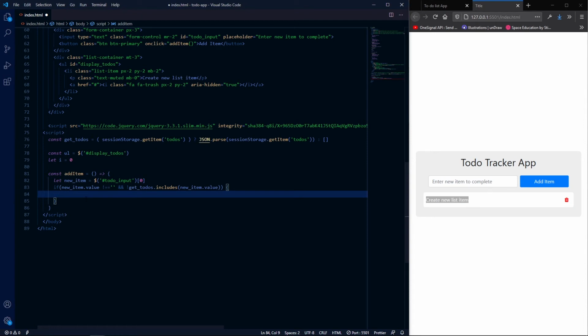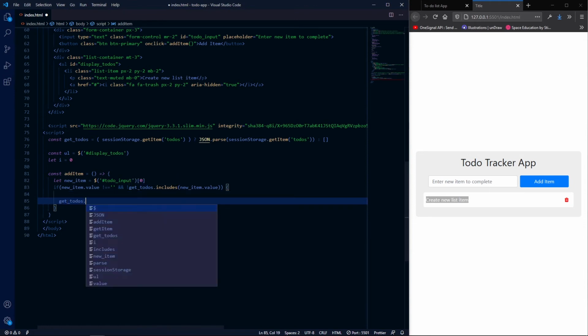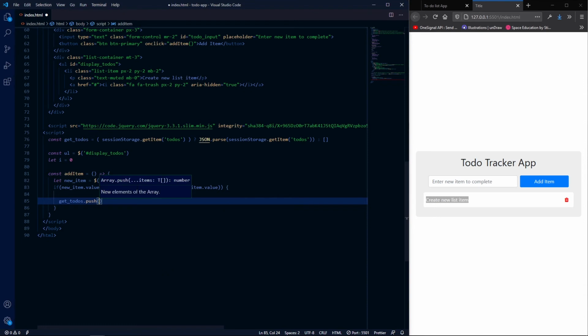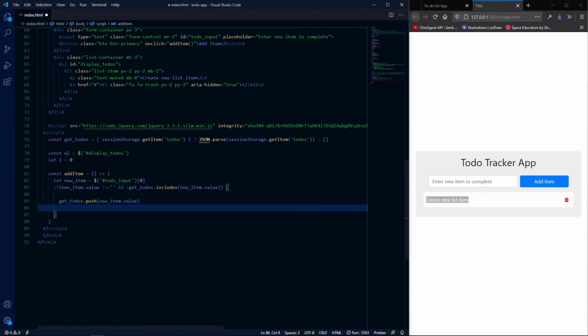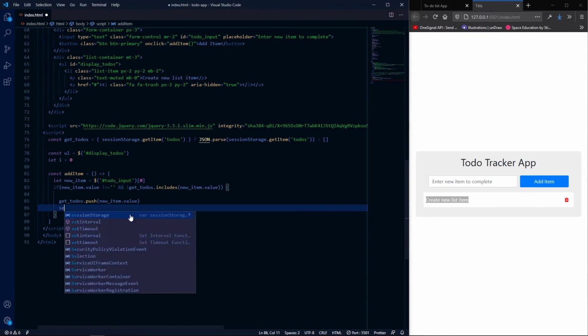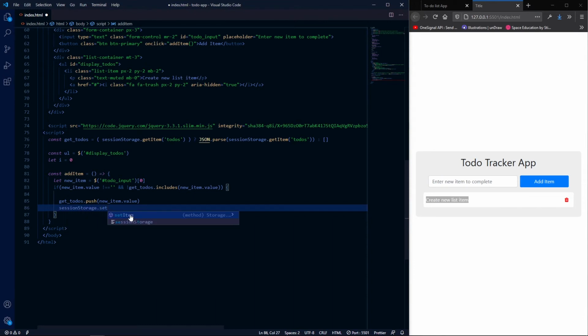Okay, so the first thing I want to do inside of these brackets is just add this value to this array. So I can go ahead and say getToDos.push(new_item.value). So add its value to the array, and then once I've added that value to the array, I want to add this new array to replace this array in the session storage. So I'm going to replace the current array in the session storage with the new one that has the new value. So I can go ahead and say sessionStorage.setItem,